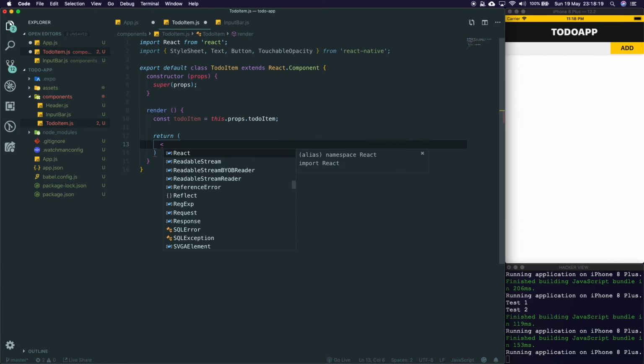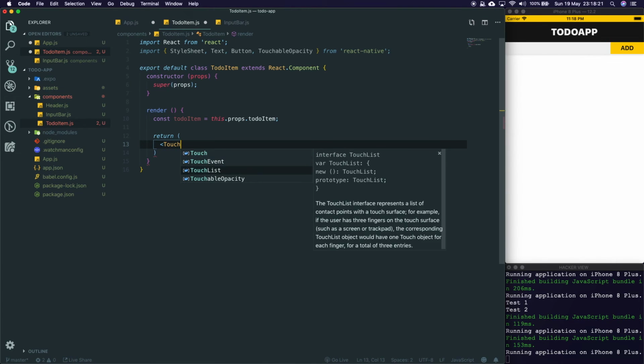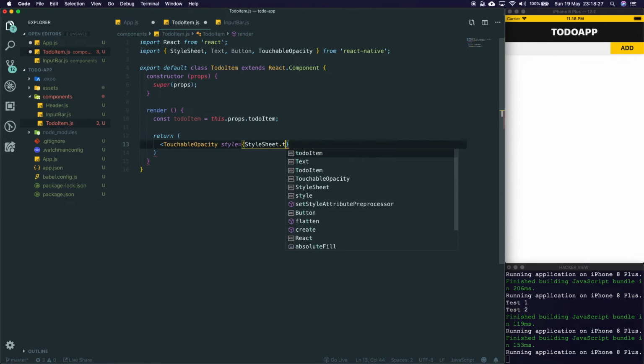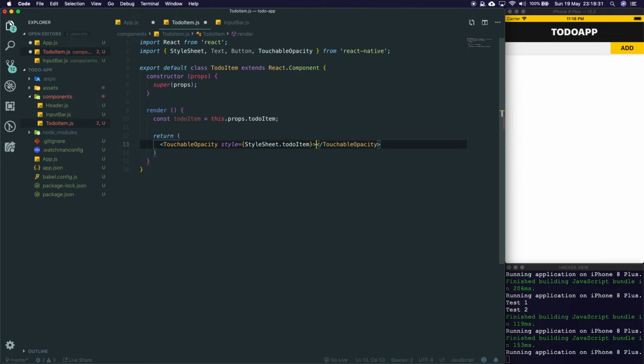And the wrapper for this is going to be a TouchableOpacity, so the whole thing should be clickable. We're going to add some style, which is going to be styles.toDoItem. And then once we have done that, let's add in some more things, such as a Text field, which has the style. There we go. Style, and we're going to set that equal to toDoItem. Actually, we're going to use